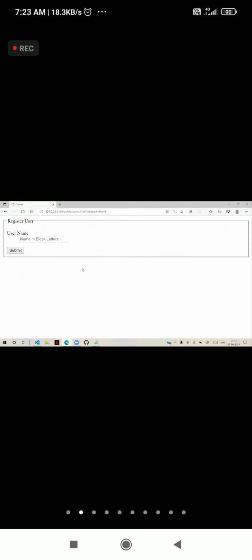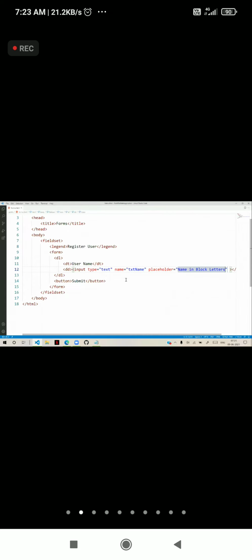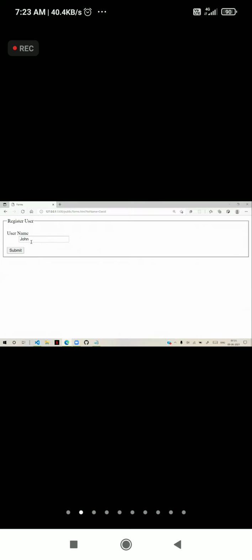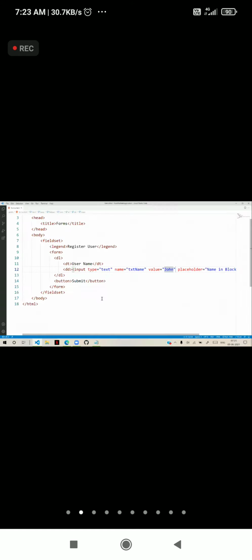And if you have a value, suppose I have the value John, you can see that if you have a value, the placeholder will not come. Placeholder will be displayed when there is no value inside it. That is technically the difference between value and placeholder.